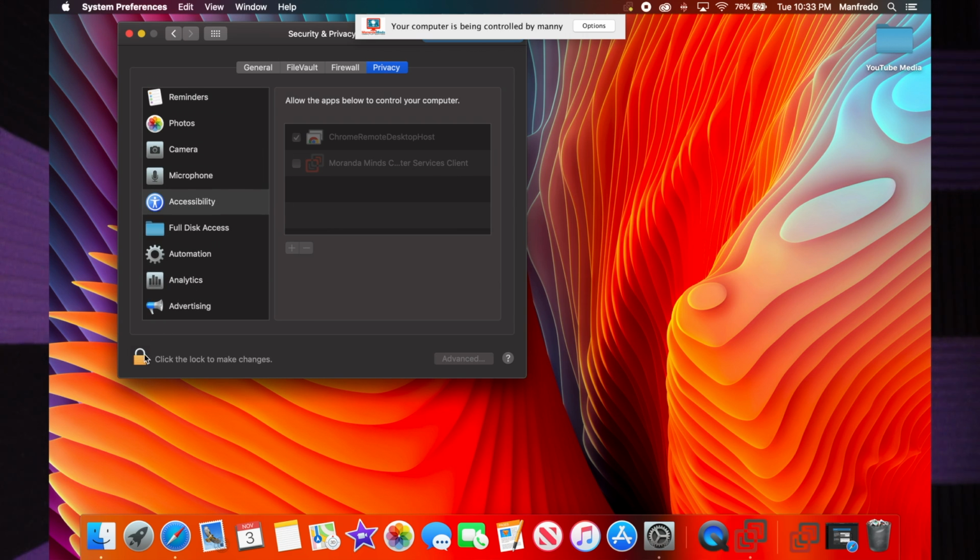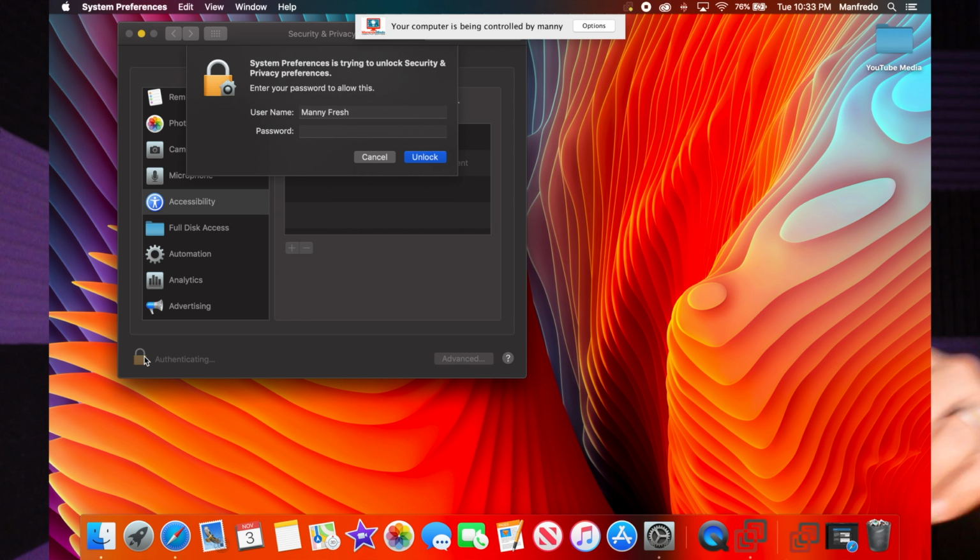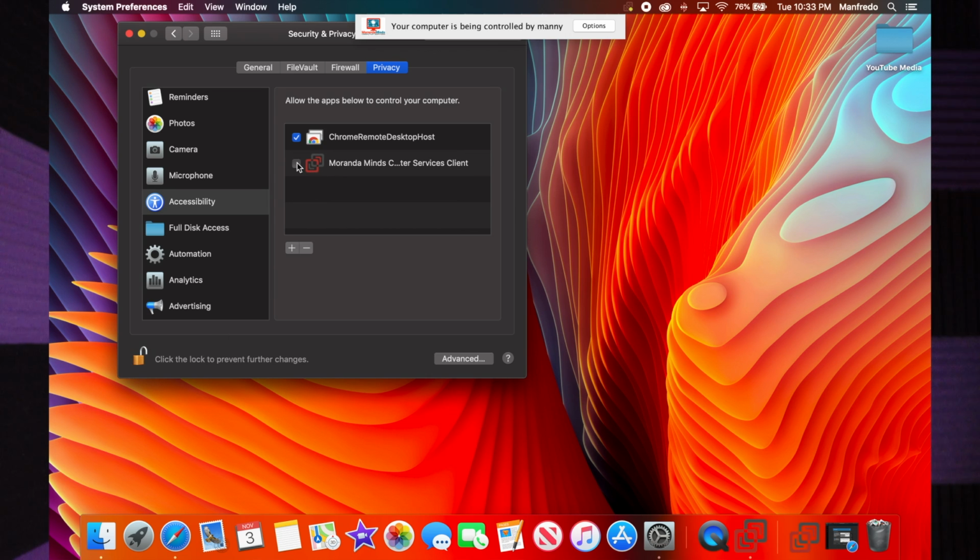So I come over here, I tell them to click on that, open system preferences. I tell them to click on the lock. I go ahead and put in, or ask them to put in the password. They put it in, and then it goes just like this, where it says, okay, I need you to click on the little box that says Miranda Mines Computer Services Client, and then that's it. On the new OS X, the Catalina,